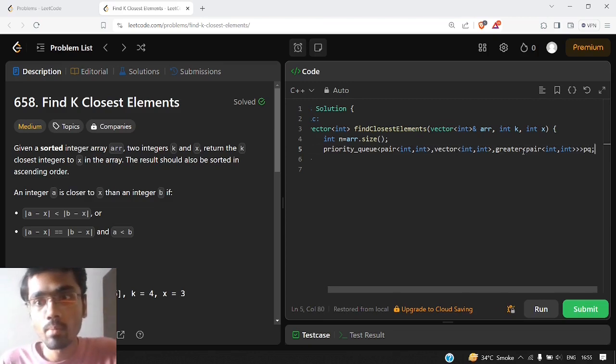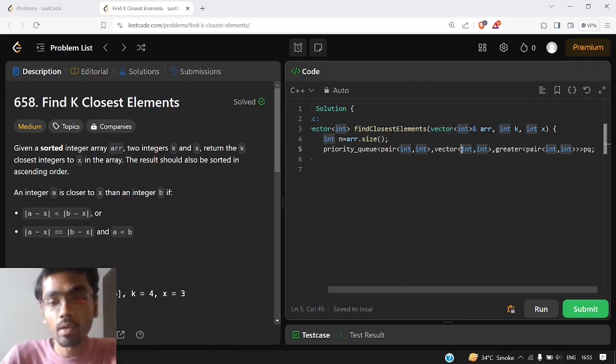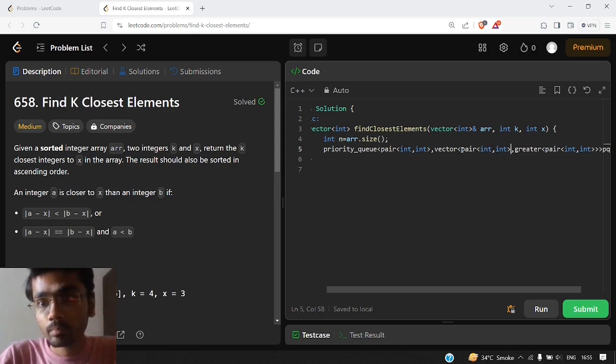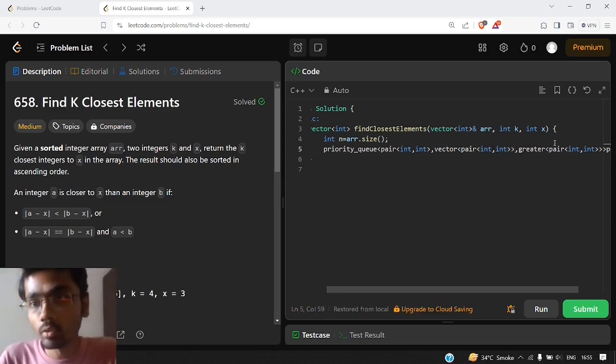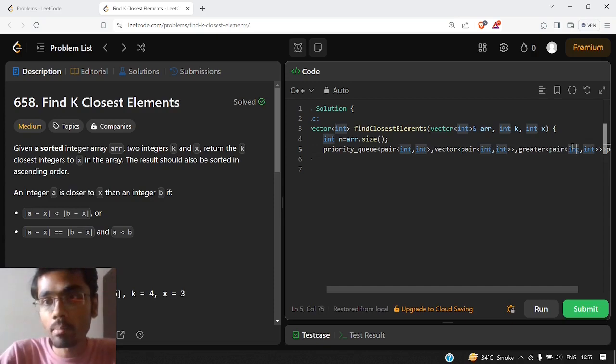And we are giving it the name of pq. So this is the syntax of min heap. We need to write pair also here. Yeah, so this was the syntax of min heap.